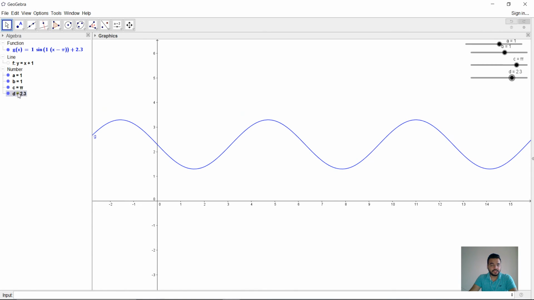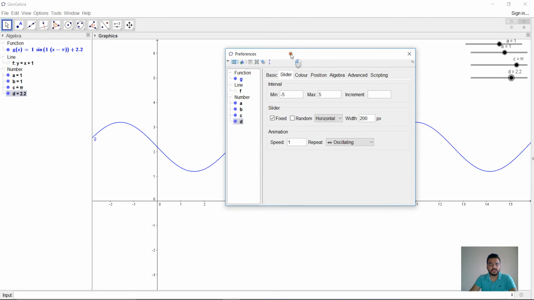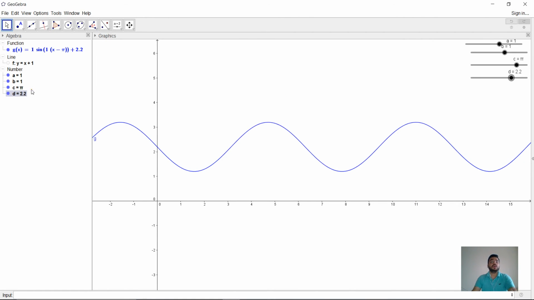Now, there's one more property that we need to know: in sliders we can have something known as animation. So if I want to learn how the value of D affects the nature or behavior of the sine function, the original function G,